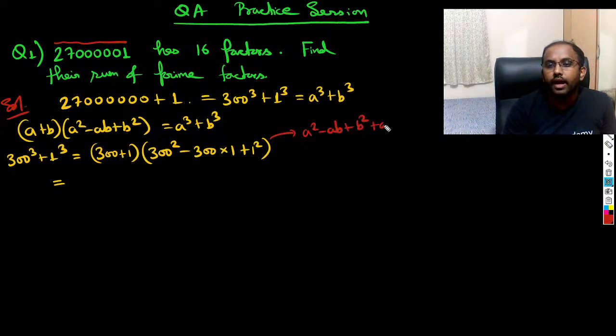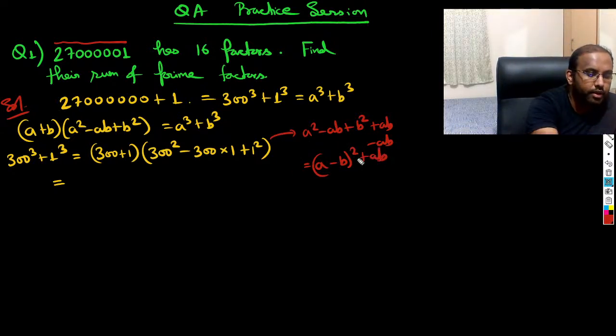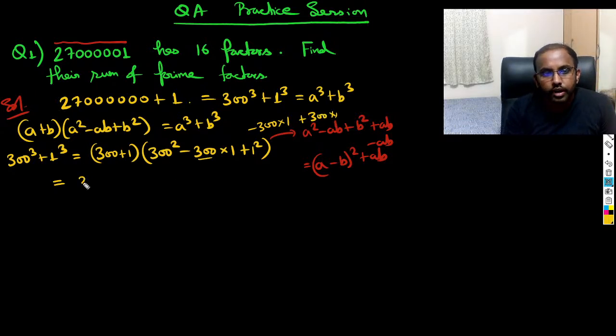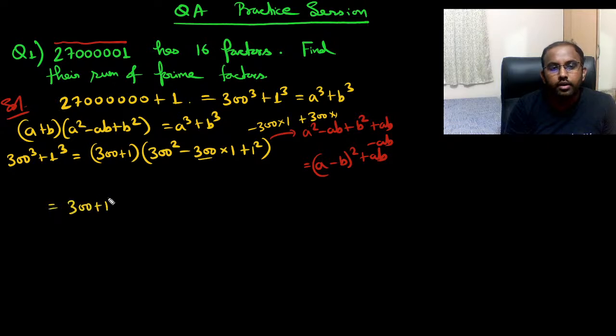If I add AB and if I subtract AB here, that should become A minus B whole square, and then I can write plus AB actually. That's what I can write here. Okay. So what I can write here now. So in this question we can write like this: 300 plus 1. Now just add this. We have subtracted this minus 300 into 1, and we have added plus 300 into 1. Right. This actually becomes 300 plus 1. Okay, should be right here. This actually becomes 300 plus 1 into